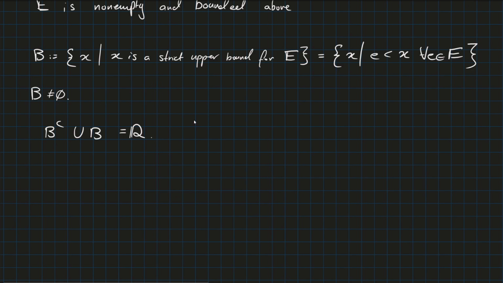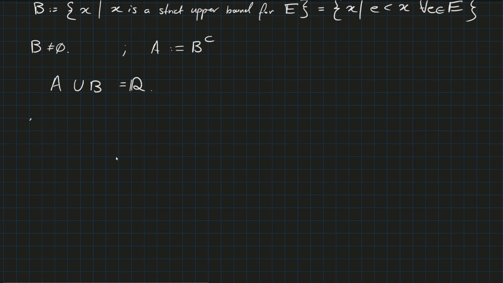complement. And let's just, maybe say, let A denote B complement. So we know that A union B is equal to R. We just have to show now that for all a in A and b in B, a is strictly less than b. Okay, maybe I'll say that as a claim here. We'll prove the claim in a second, but